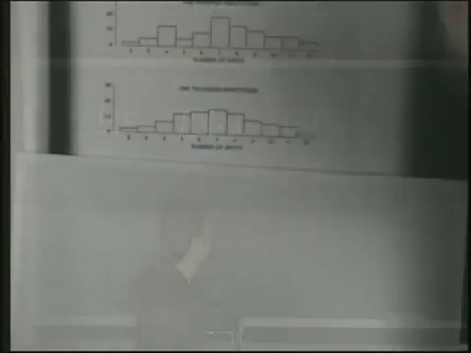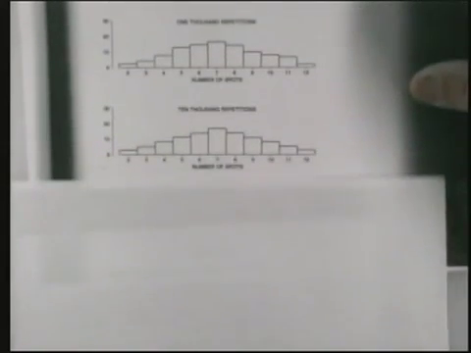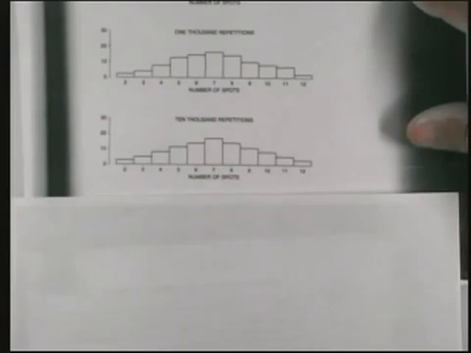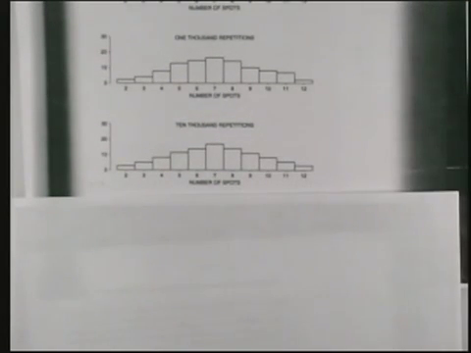This is also 2 die rolls, but we've increased the number of repetitions to 1,000. Okay? So we just got more data. We're doing the same thing, rolling 2 dice, but just more data. And you can kind of see that maybe there's a little bit of some kind of a pattern emerging here. Okay? So it sort of steps up and steps down again. Something's going on. If we go to 10,000 repetitions, we get something that looks like that. So there's some kind of shape or pattern coming together here.